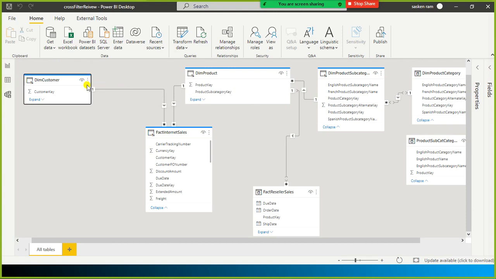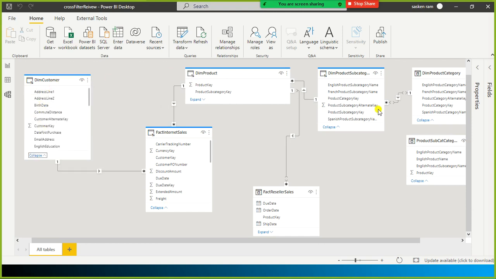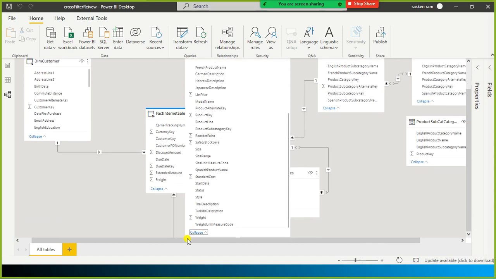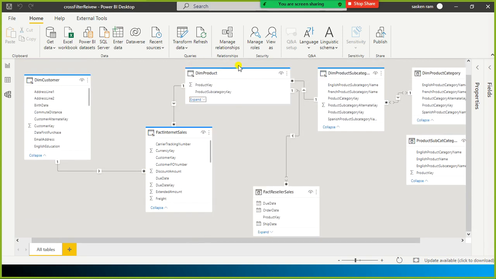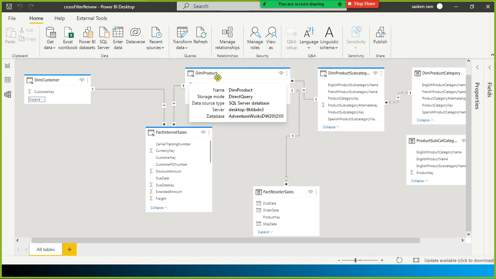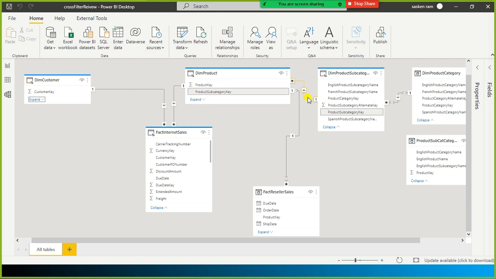In order to implement the many to many relationship, we need an intermediary table. See, in this table we have a customer key, and in this table we have a product key, and product category key or subcategory key or category key. So it's all related to product. Here we have only customer related data. If I want to know which customer purchased which product, or which product was purchased by which customer, we don't have a common key column between these two tables first of all.